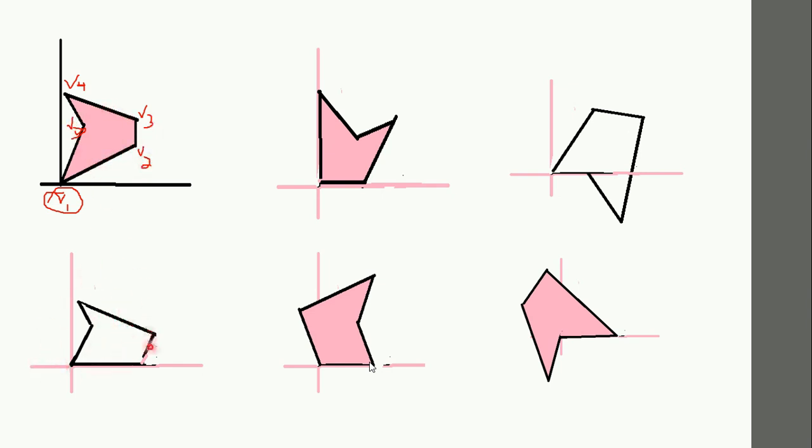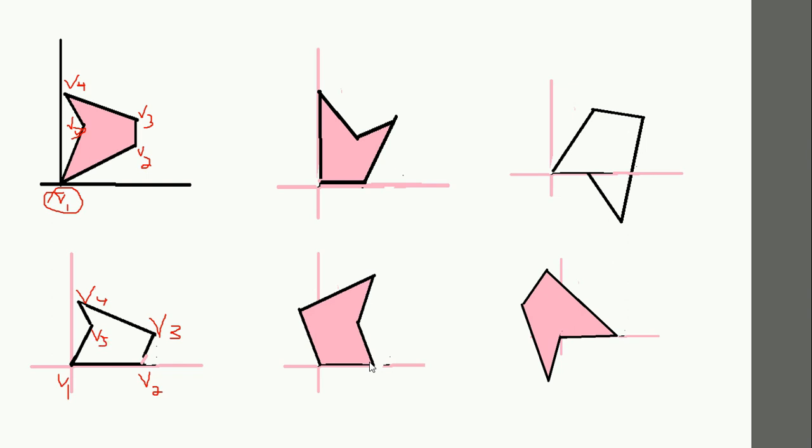In the next diagram, suppose you consider the x-axis here and the y-axis here. See how the diagram looks. The same points you have again, v1, v2, v3, v4, v5. The only thing is you have just placed v2 on the x-axis.